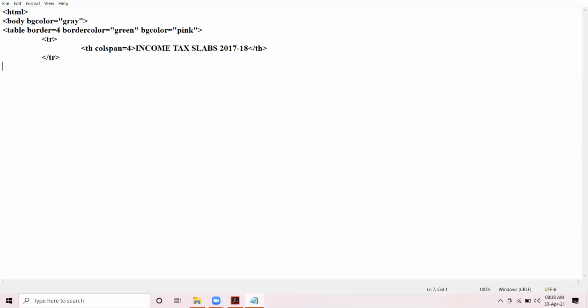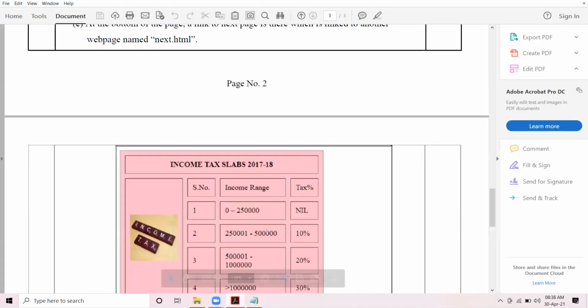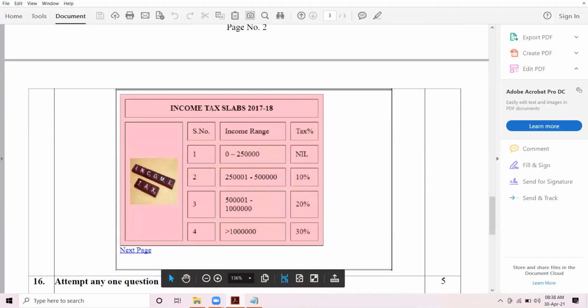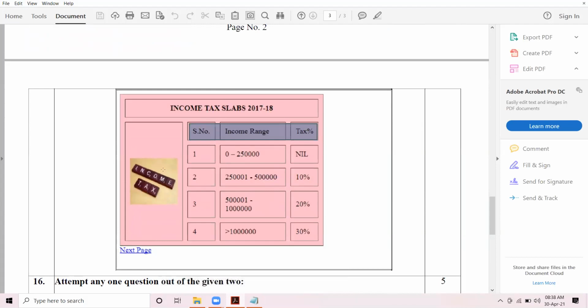Okay, up till here, am I clear to all? Then we are starting the first row from here. Now this cell which is having the image, this cell and this serial number, income tax and tax, this is the first row after the header row.